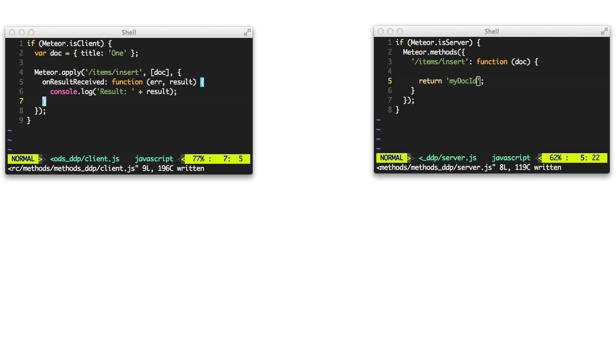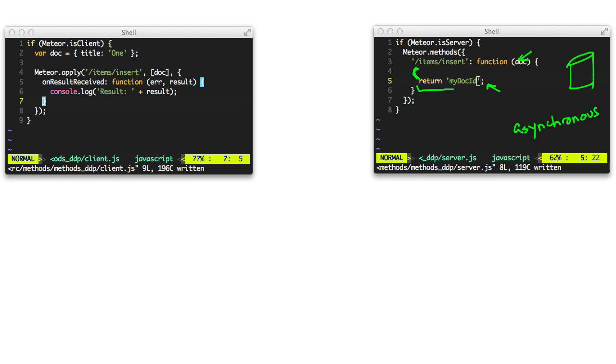Let's say that on the server, our method, instead of just returning a value like we're doing here, does some other work to update some data. For example, let's say that we're actually taking this document and inserting it into a Mongo database. Making a write to Mongo in this case is going to be asynchronous. In other words, we'll make the write, and at some later time, Mongo will tell us that the write has completed. And so, just like making an asynchronous network call, that call will return after we've already